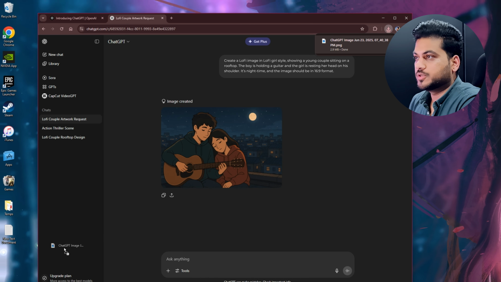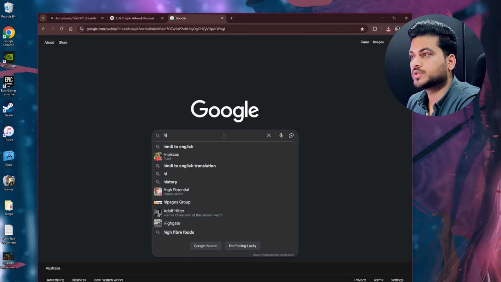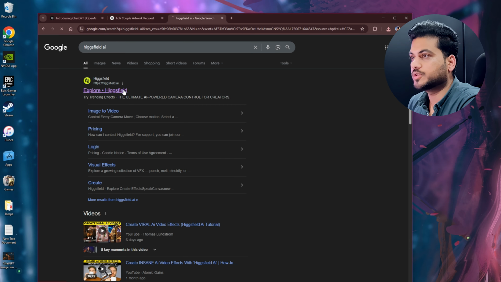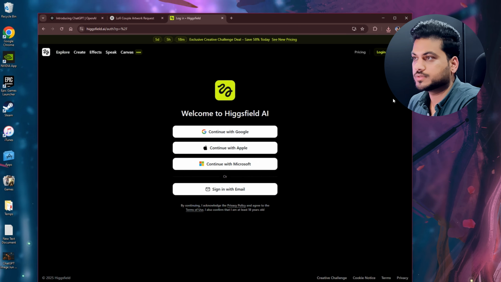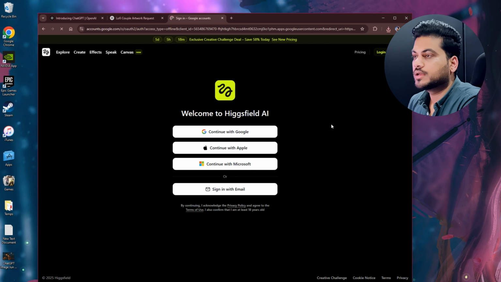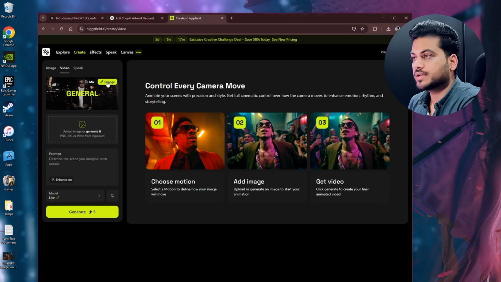Now let's animate the image using Higgsfield. Just search for Higgsfield on Google, open the site and log in using the same Google account. Then search for the static effect